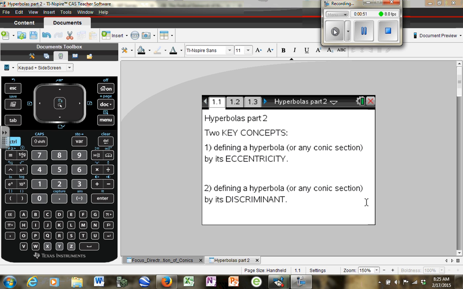One is by its eccentricity, and we can do this for any conic section. We're going to use a scale, and wherever the number falls on the scale, that will tell us what kind of conic section we're looking at. And then secondly, we'll define a hyperbola or any conic section by a special value called the discriminant, which you may have heard of before, but we'll get to that when we get there. Let's talk about